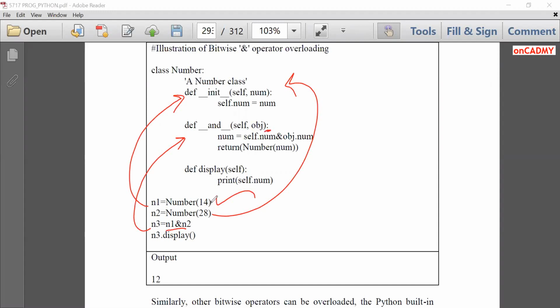Since we have two values, 14 and 28, first of all their binary values will be computed internally. This is how you can compute binary values.